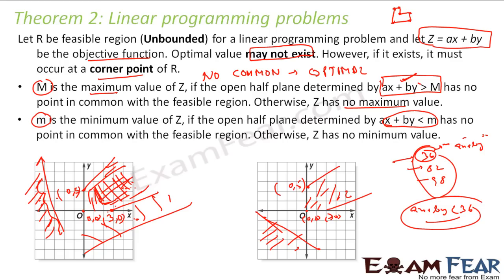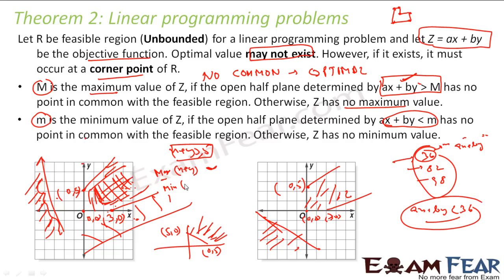To understand this more, let's assume that my constraint is x plus y is greater than 5. This is my constraint. And with this I draw this unbounded region. This is 0, 5 and this is 5, 6. Now I say find the maximum value of, let's suppose, x plus y. Here my objective function is also x plus y. I want to find the maximum value of this. If you see, there is no maxima, it is not defined, it can be infinite also. I am saying x plus y is greater than 5, it can be 10, 20, 30, 40. There is no maxima defined for this. Right? So in this case, maxima is not defined.